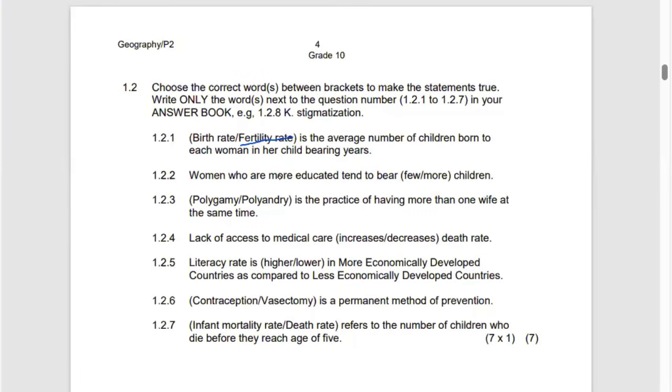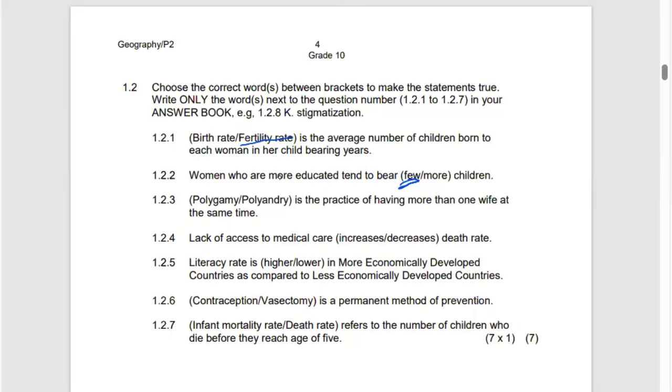Women who are more educated tend to bear, is it few or more children? We tend to find that the more educated the woman is, the fewer the children they are likely to produce, because these women are empowered, they are emancipated. Instead of being childbearing machines, they are professionals engaged in professional jobs, and they are actively engaged in economic activity such that they do not have much time to focus on baby